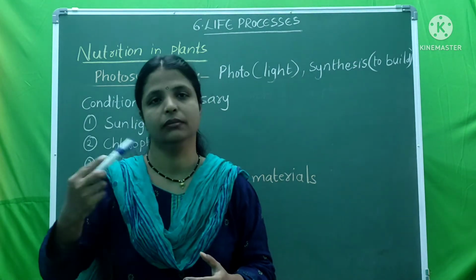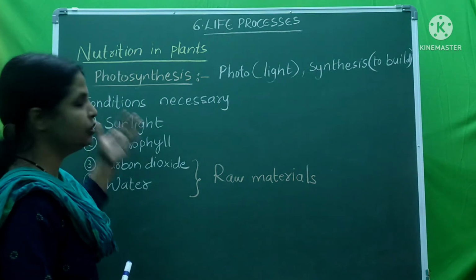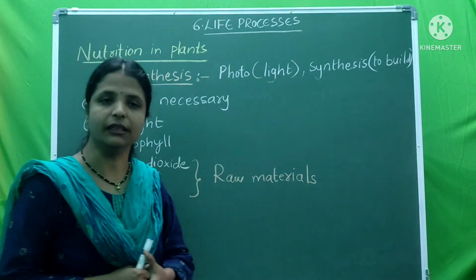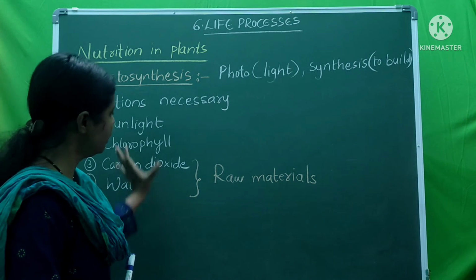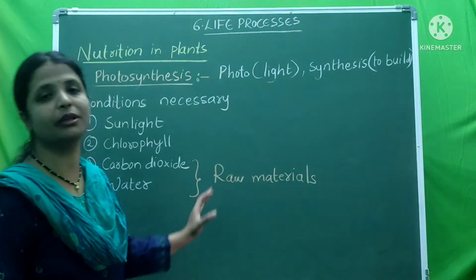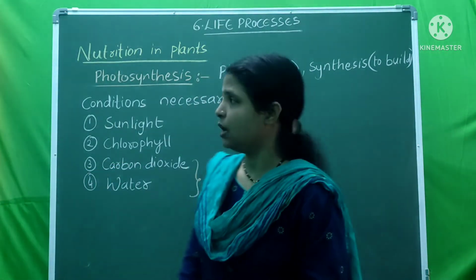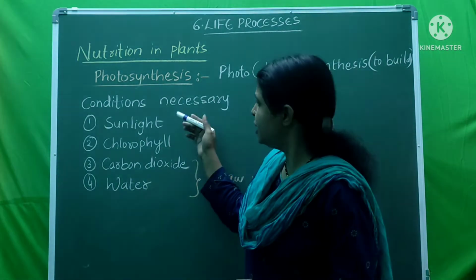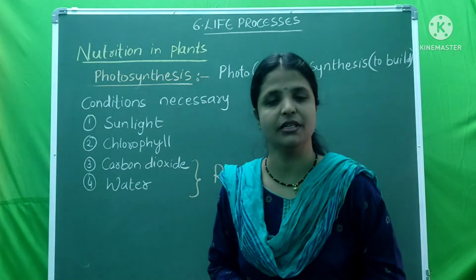Plants अपने आप खाना नहीं बना सकते हैं. So here sunlight, you are going to get it from the sun. Chlorophyll will be already present in the leaves, but carbon dioxide and water are playing the special role. They are acting as a raw materials which will be used by the plants for the photosynthesis. Got it children? Now, one thing is given in your textbook that each and every condition has experiments in your